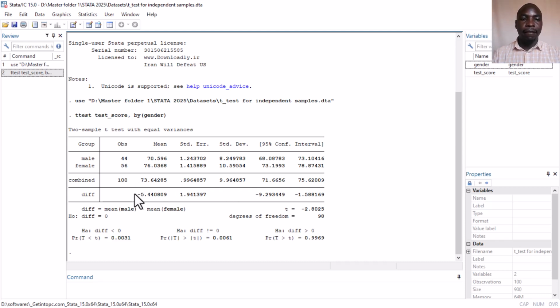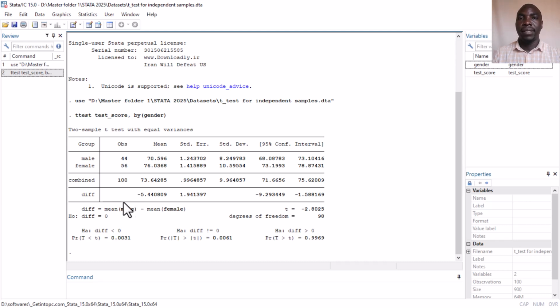Then we have a difference in the mean of the two groups that we are comparing. And this is the difference we want to find out whether it is statistically significant, whether one group performed better than the other. And it is a negative 5.4. Here we are interested in the magnitude of the difference, not the sign,